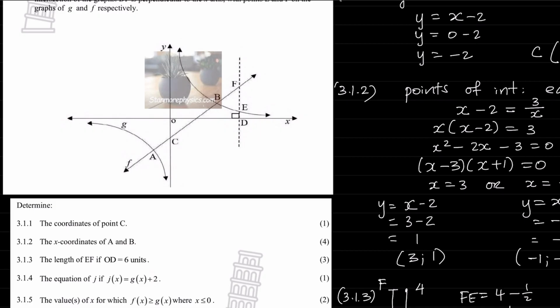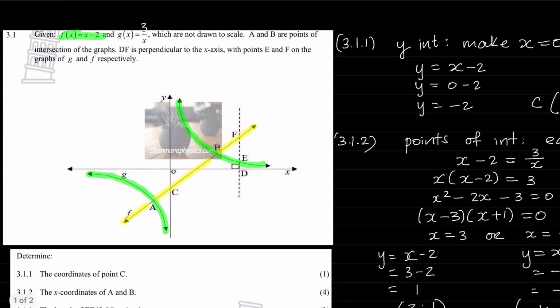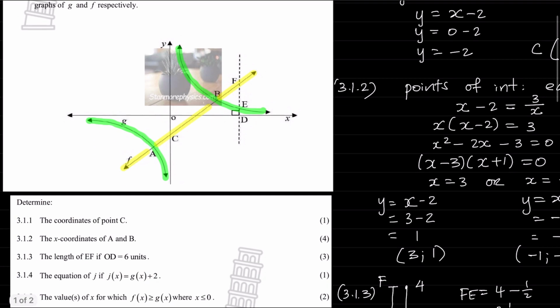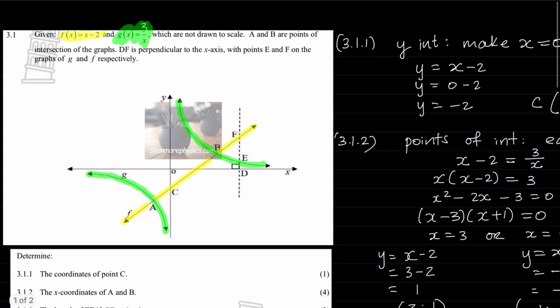Let's highlight our functions. Let the hyperbola be green, and let the straight line be yellow. Okay, let's undo this. The straight line was yellow, and the parabola is green. Again, they are looking for which f of x is greater than or equal to g of x. In other words, they want to know where is the yellow line